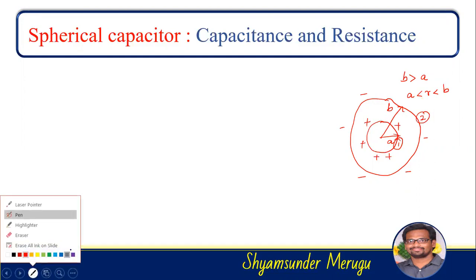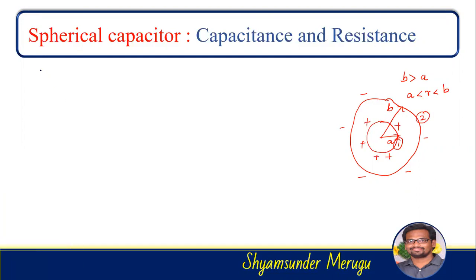Now we try to derive the expression. First thing that we have to consider is the coordinate system as the spherical coordinate system. Number 2, the structuring elements like the inner sphere and outer sphere carry the positive charge as well as the negative charge. Third one, by using Gauss law, we have to find the electric field intensity.